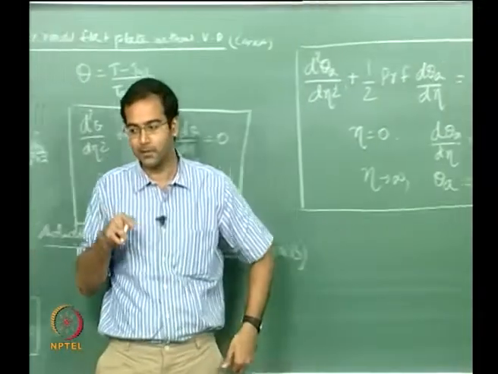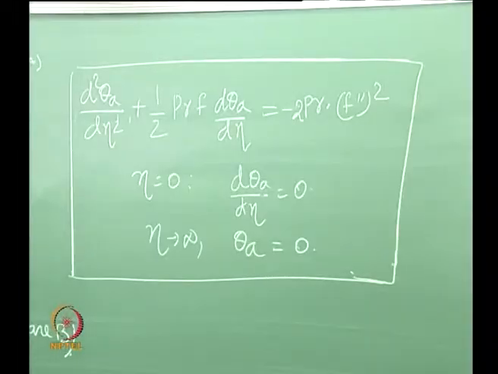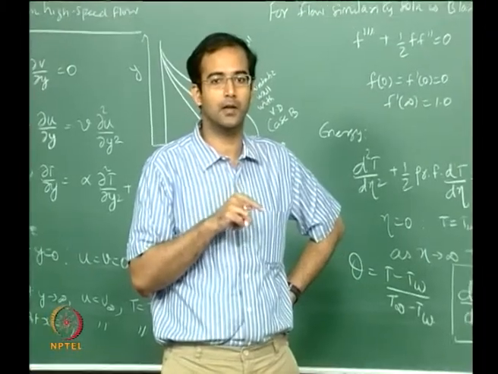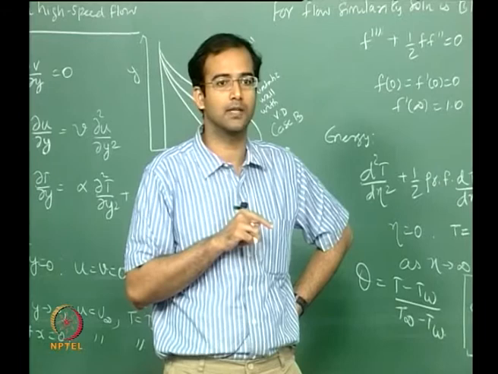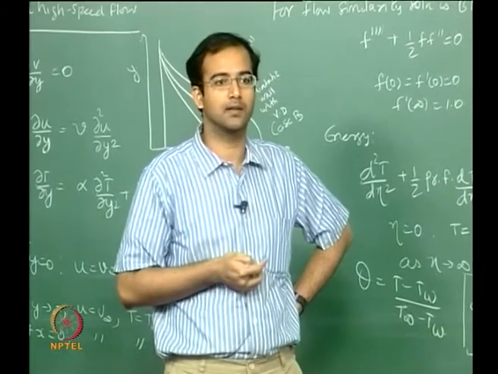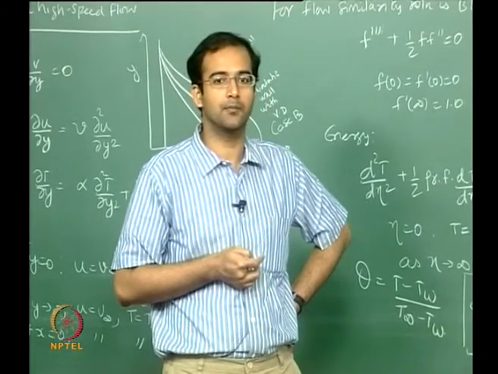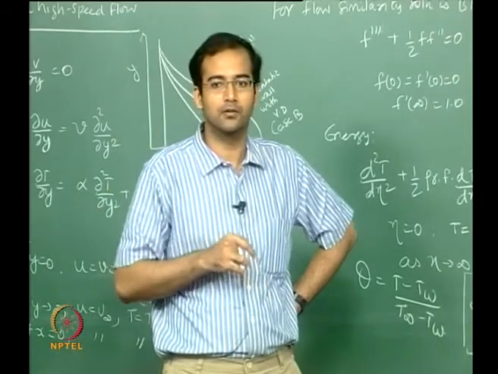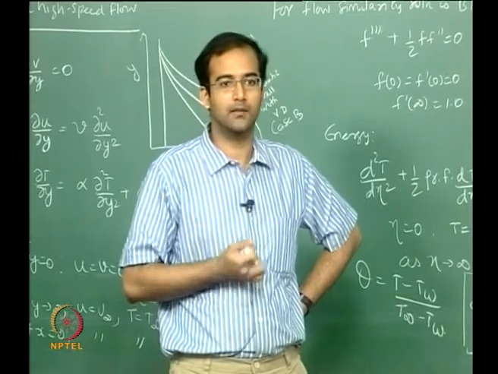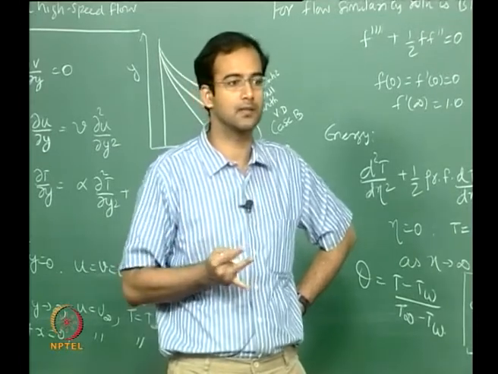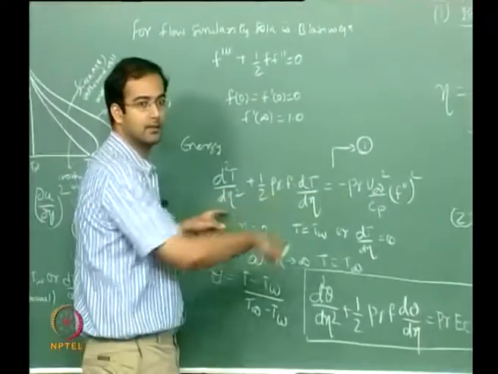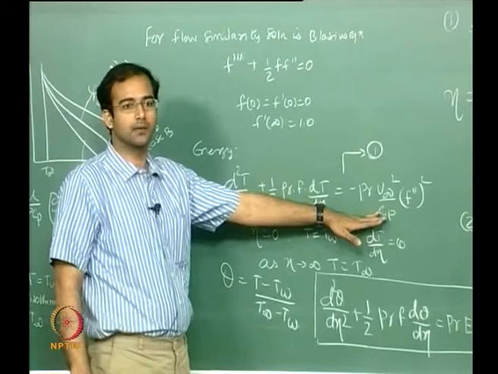Okay, what I meant was that Pohlhausen guessed he could derive a similarity equation for energy. He found that for Prandtl number 1, u by u infinity is exactly equal to theta, and both equations are similar. But that doesn't mean that for Prandtl number greater than 1 the form of eta will be different. He used the same eta only and found that it still gives a similarity equation. So here also, when you put in all your eta, finally it comes to this, which is still a similarity equation.